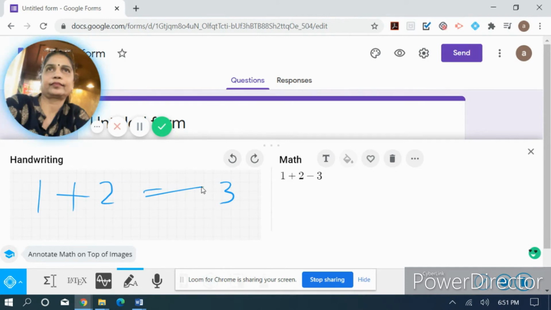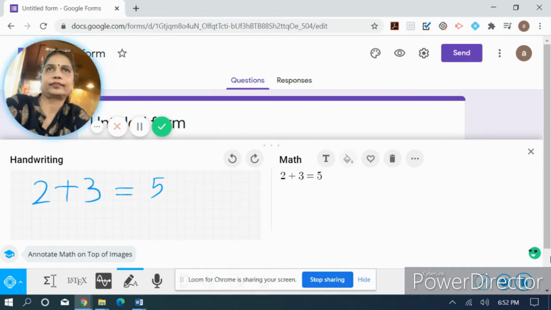As I made a mistake here, it is not showing properly. But you should be careful when you are writing. Once again, I can delete, and you can go for something else. Once again, we'll try 2 plus 3 equals 5. So this is how we can do that.